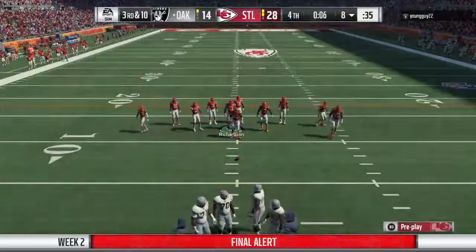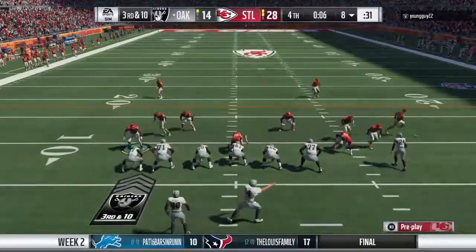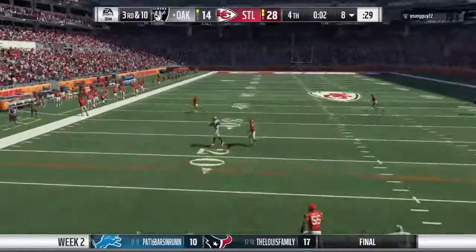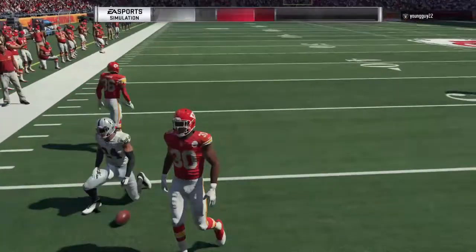Got to be wary of throwing an interception here because the defense knows they're going to get tested deep. That's why they're going to put a couple of extra guys back there to try and prevent that. Yeah, late in the fourth quarter here, trying to preserve the lead. He finds his target, Fuller. And he's going to get the first down as they...